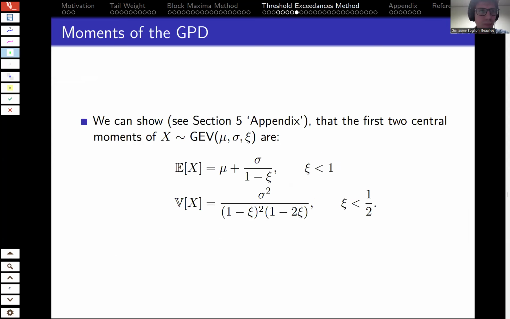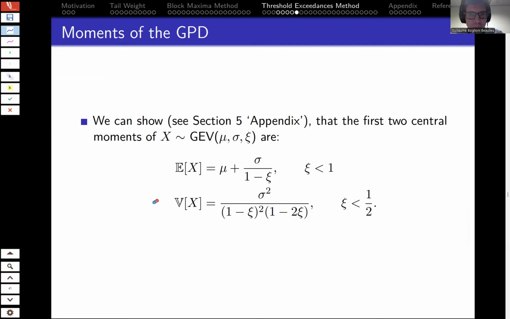Here are some results for your reference. There's an appendix in the slides where you can check the derivations of this, but we give you the first central moment and the second central moment, also known as the variance, of the generalized